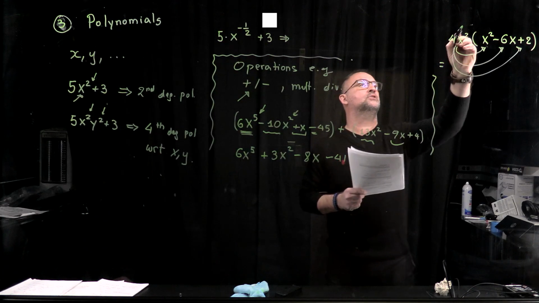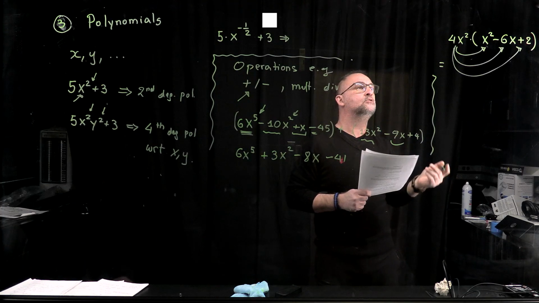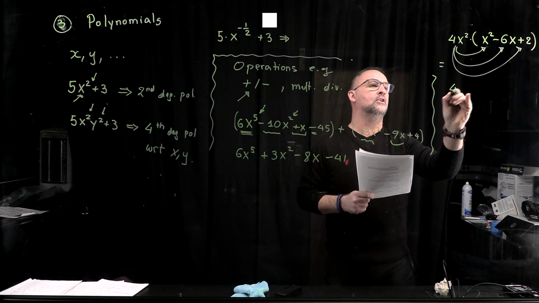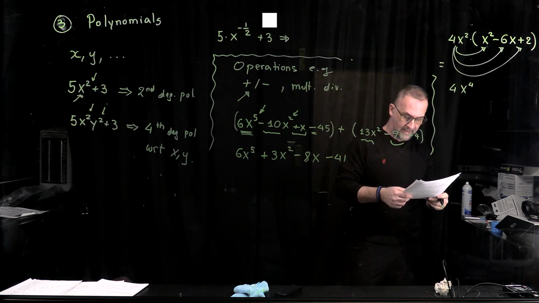So this x squared will yield x to the 4, right? So you got 4x to the power of 4,